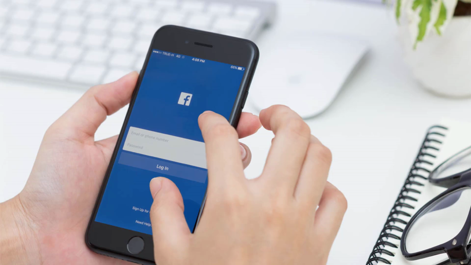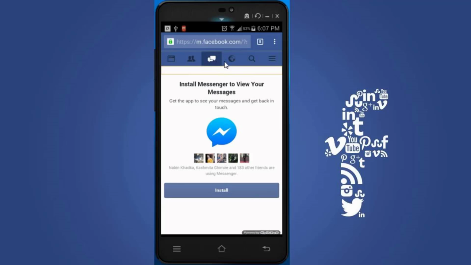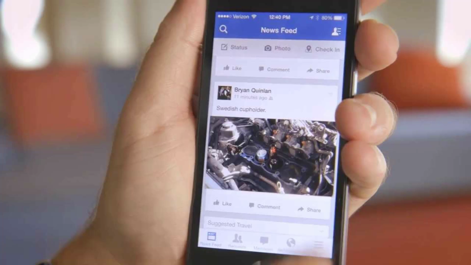Instead of the still image we've been accustomed to since the inception of Facebook, you also have the option to apply a 7-second video as your profile image, which definitely mixes things up a bit with GIF-like animations. Best of all, this can be done straight from your iPhone or Android device.